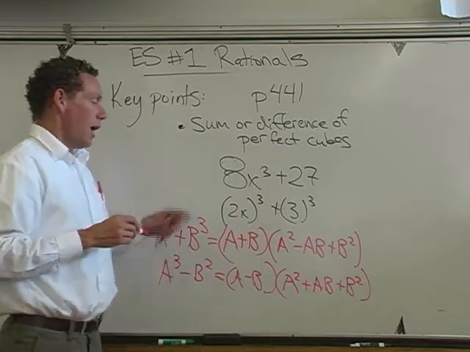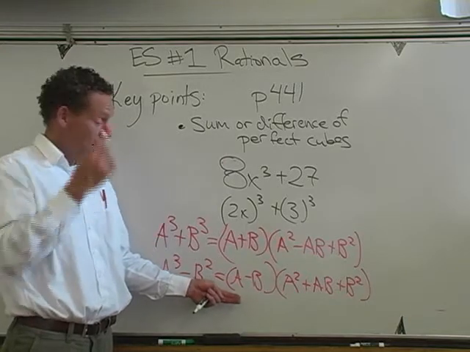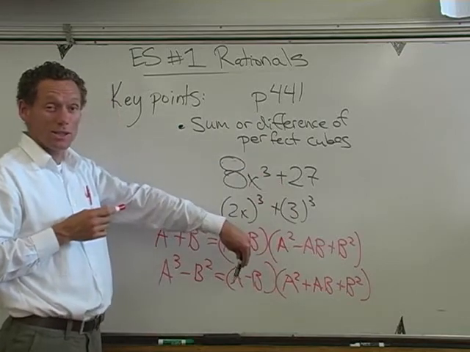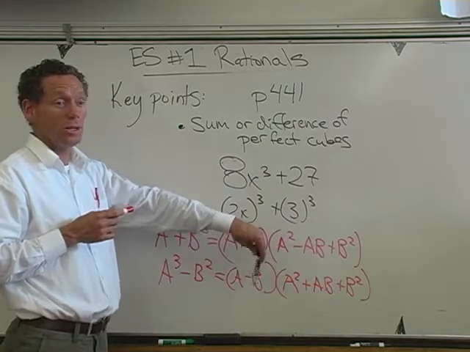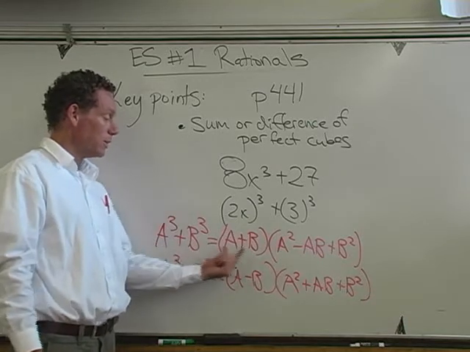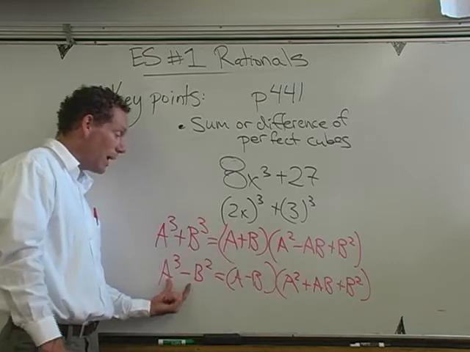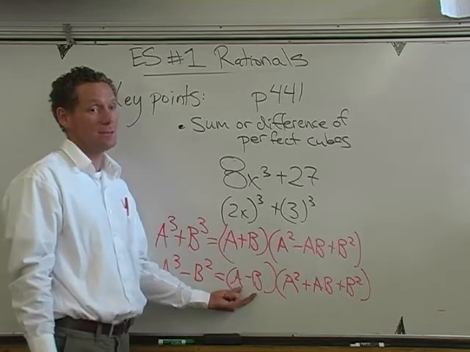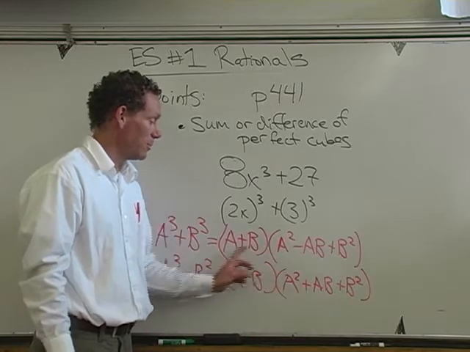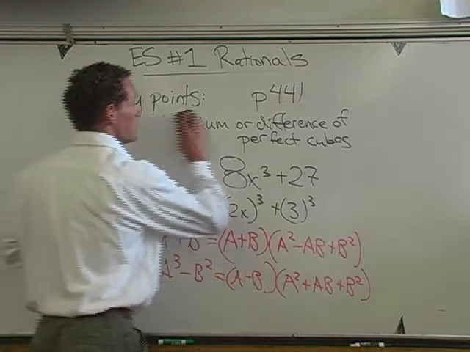Okay. The way to remember these formulas, because you do have to know them, is that each only has one subtraction sign. When it's a cubed plus b cubed, you start out with the binomial a plus b. When it's a cubed minus b cubed, you start out with a minus b. So that's how you can remember minus and plus and minus. Okay. Applying that formula to this factoring